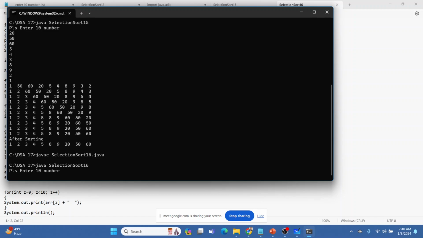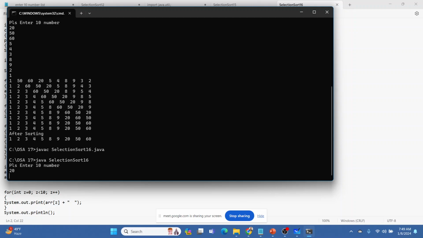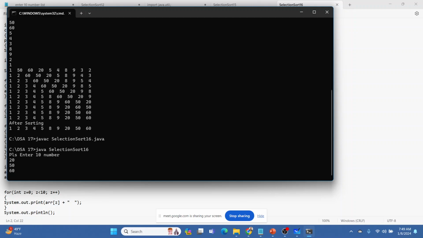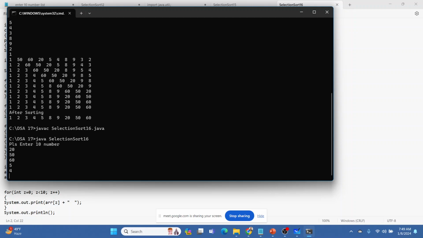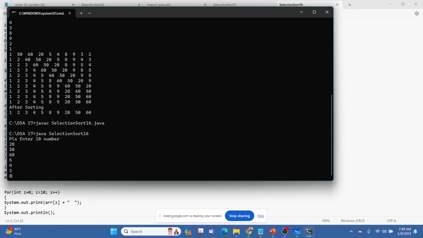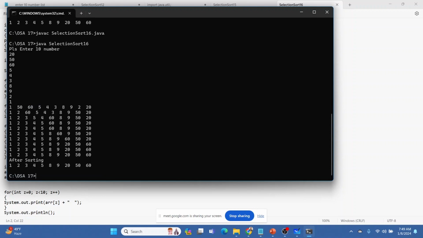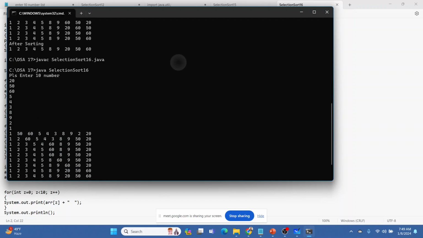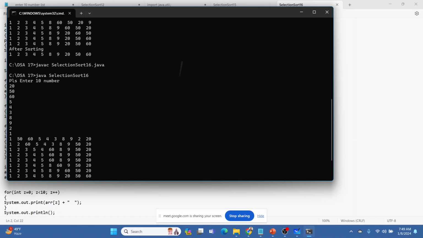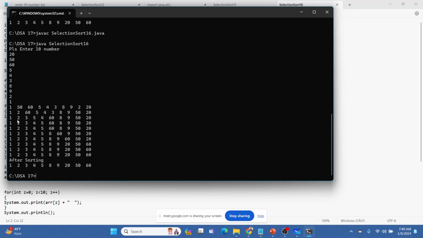We will input the same numbers and see the difference between those two: 20, 50, 60, 5, 4, 3, 8, 9, 2, 1. What we can see is that the first part is sorting directly, like 1 2 3 4 5, it was sorted in the same fashion, because 1 2 3 4 5 6, right?